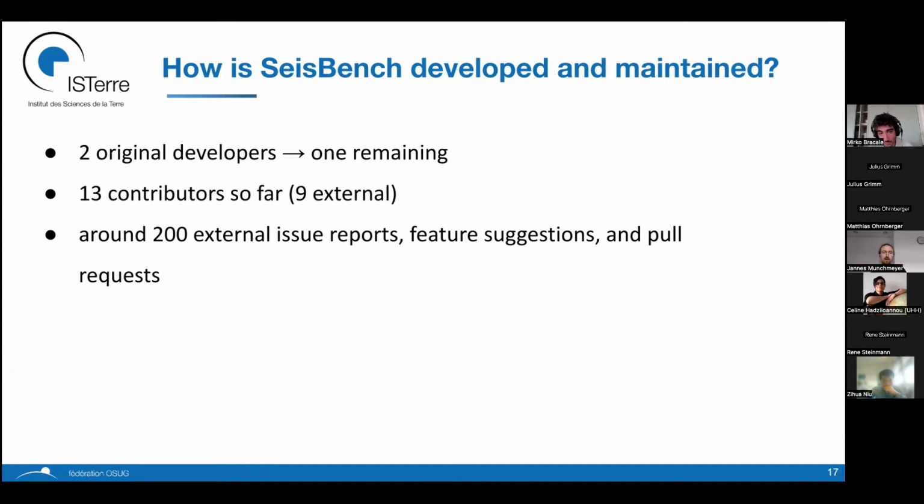For the external side, usually they have like 1, maybe 2 pull requests, which is very valuable, but it's not a regular contribution. But we have around 200 external issue reports, feature suggestions, pull requests, just checking GitHub. That does not account for people who just write me emails. So there's definitely quite some community engagement here.